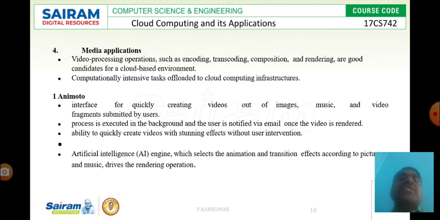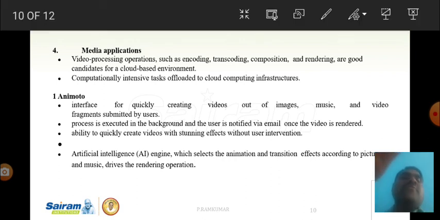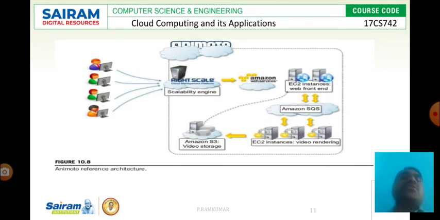The process is executed in the background and the user is notified via mail once the video is rendered. It has the ability to quickly create videos with a stunning effect without user intervention. Artificial intelligence selects the animation and transition effects according to the pictures and music, and drives the rendering operations. This is the overview of the Animoto reference architecture.